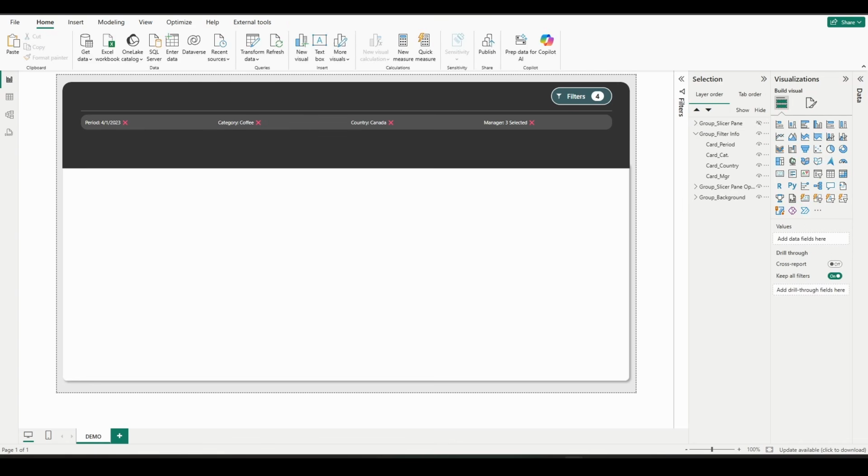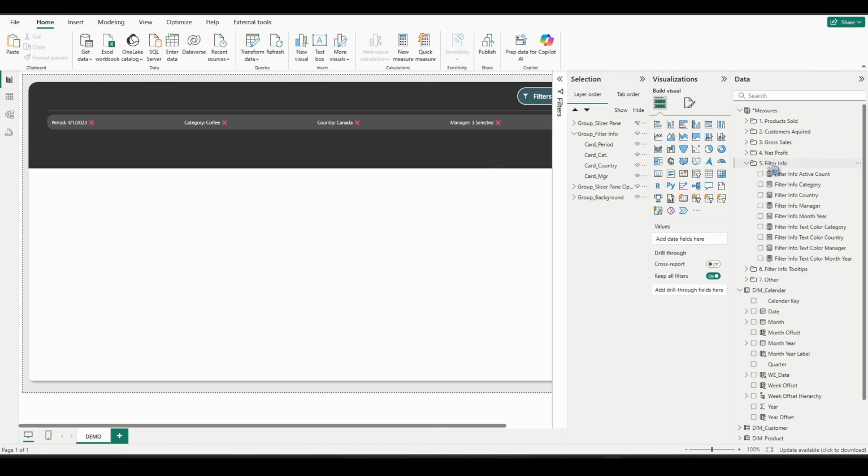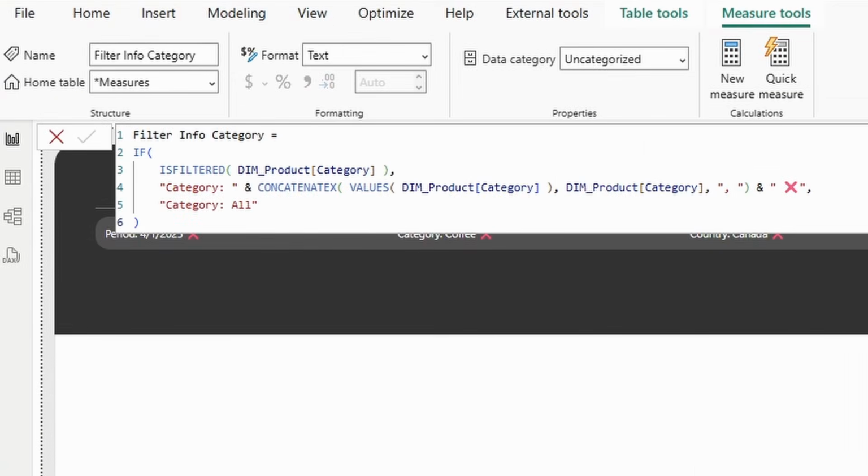Let's go ahead and see how these measures are working here. I'm going to open up data, and then under filter info, let's first look at filter info category. Now this is a pretty easy one here because we only have 2 categories. Therefore, we can show both categories in the card. The DAX is pretty simple here. We're just saying if a product category is filtered, display the word category, and then the categories that are selected. And then the last part would be this X emoji as well. If a category is not selected, then we'll show the word category followed by all. And you can see here we're using the concatenate X function to display the unique field values that are selected